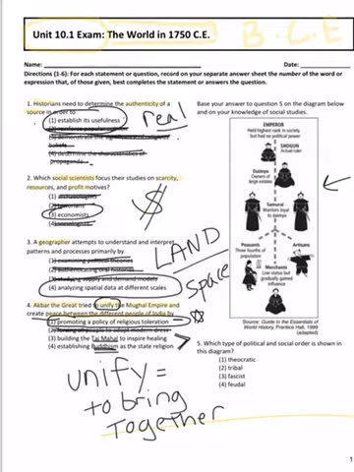Okay, number 5. Base your answer to question 5 on the diagram below. Okay, so we have the emperor. He has the highest rank in society, but he has no real political power. Then we have the shogun, the daimyo, the samurai, the peasants, the artisans, the merchants. Okay, so if you see right here, 3/4 of the population. So I don't really like this chart.